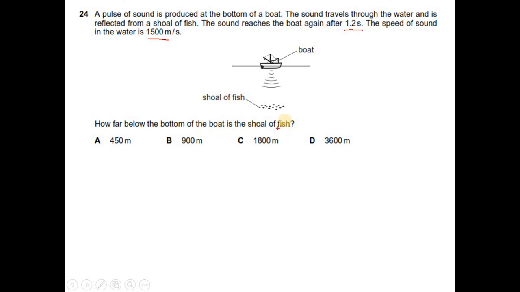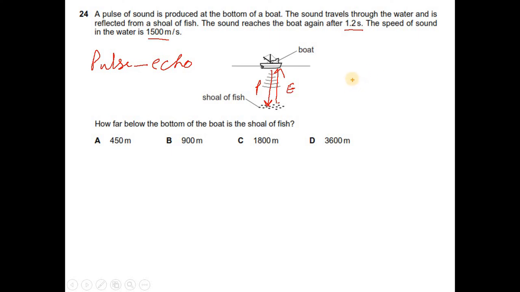Okay, so it's all about a pulse and echo question. A typical pulse and echo. So what happened? Sound waves go down and then after reflection it comes back. So this is the pulse and this is the echo. And remember, for the pulse and echo we use